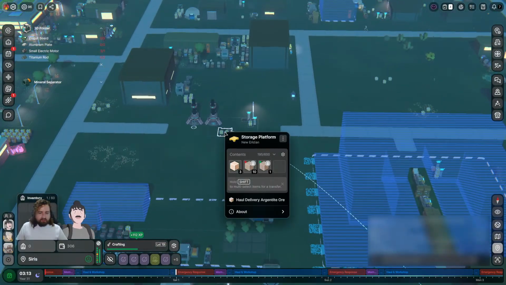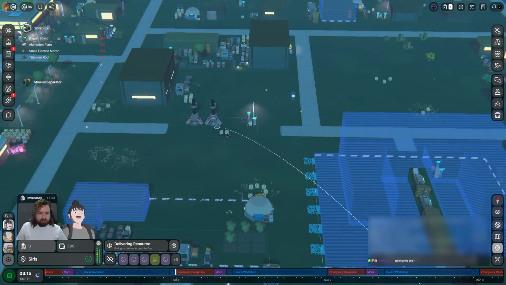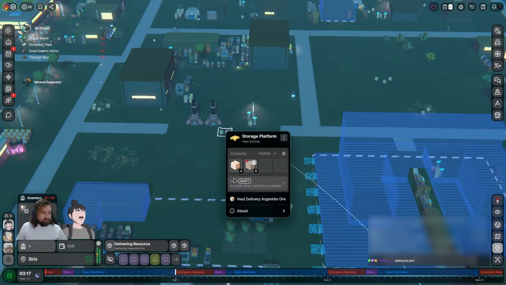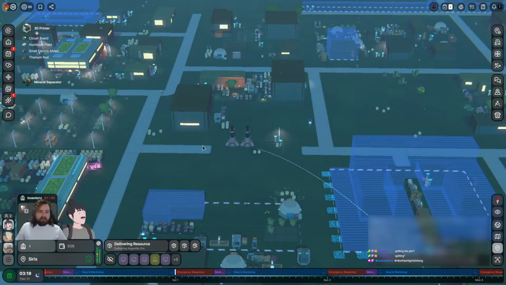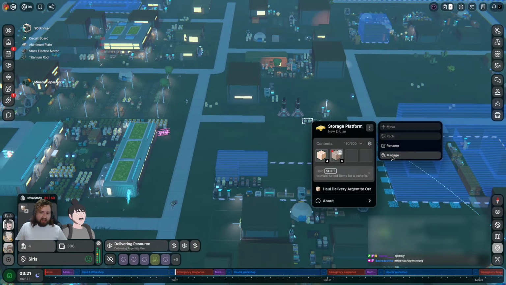Oh, someone's helping me. Splitting the pile? No, no. So the mechanic is if you just click manage, right? Ike was right all along. It's helpful in some situations. It's not always the preferred way to go, but it's helpful in certain situations. Hang on, gotta let the menu load. It nearly breaks the game.